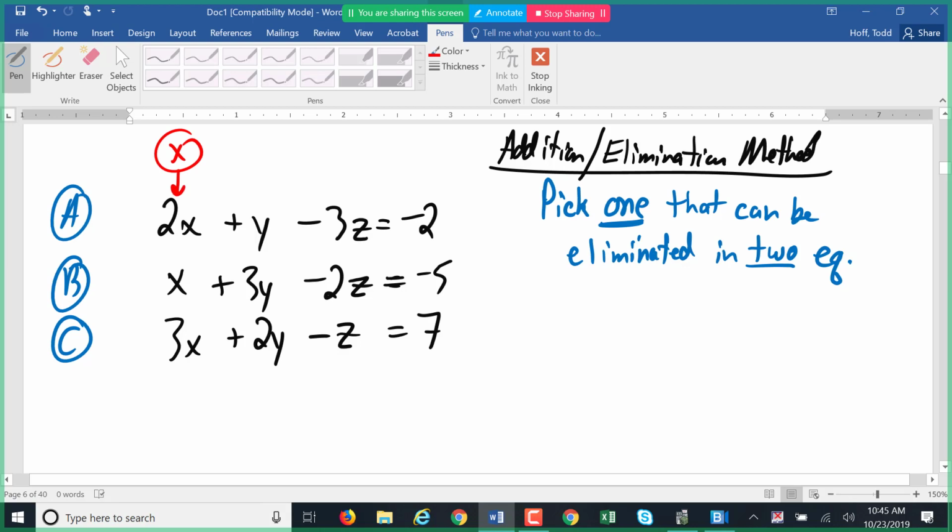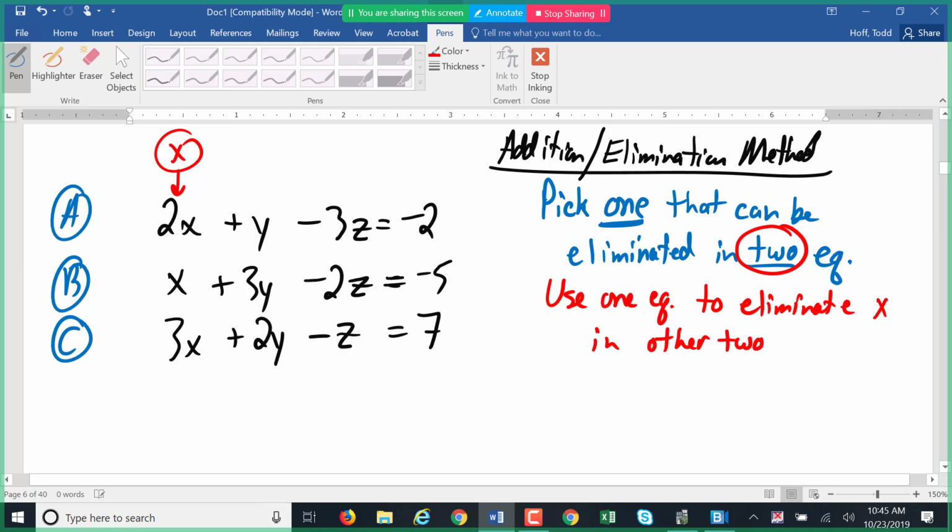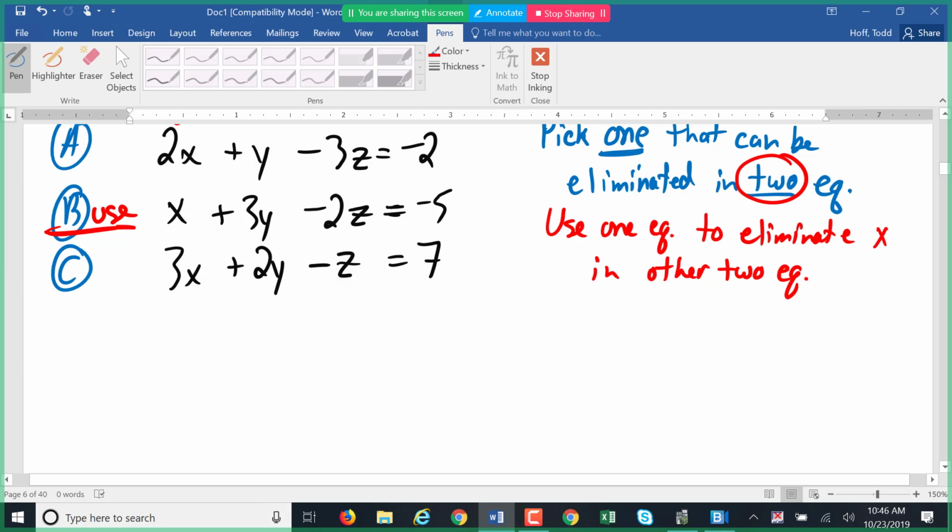So now it says I have to eliminate it in two equations. What I'm going to do is use one equation to eliminate x in the other two. So I'm going to use B. Since B is just that one x, it's going to be a lot easier to use that to eliminate x in the other equations. So I'm going to start out with equation A,